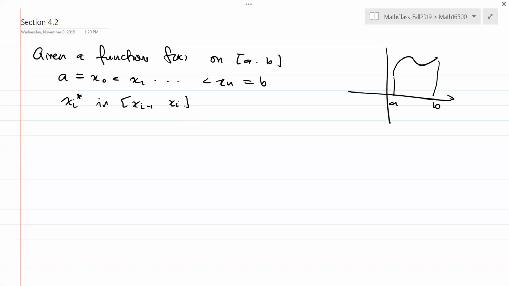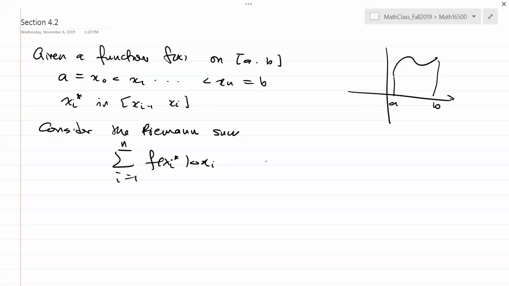Right now, I do not assume the function is positive, it could be negative. Then I consider the Riemann sum, which is the sum of this term,